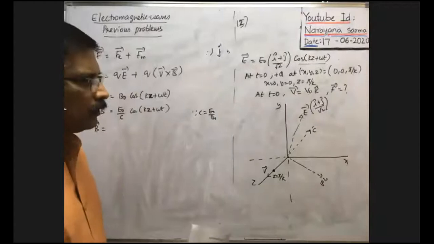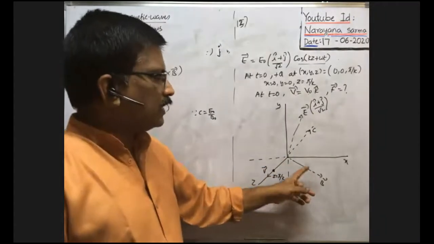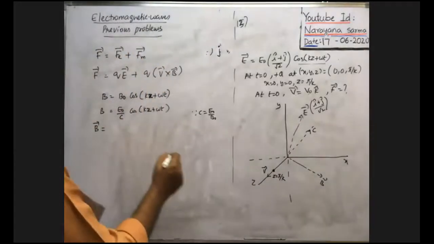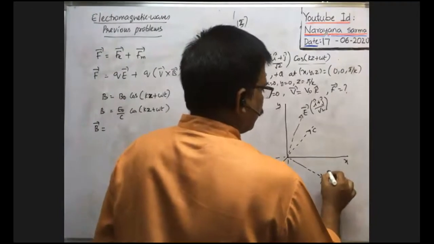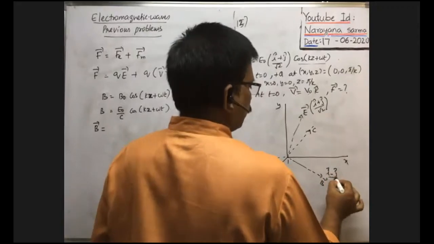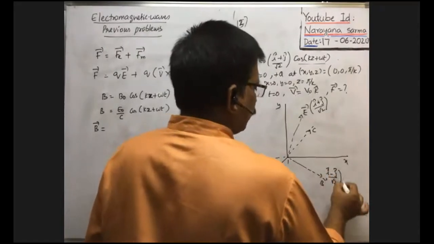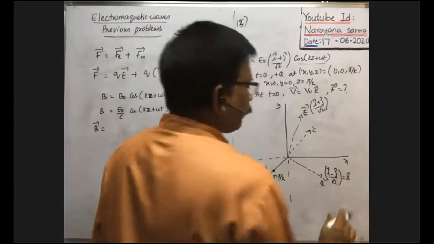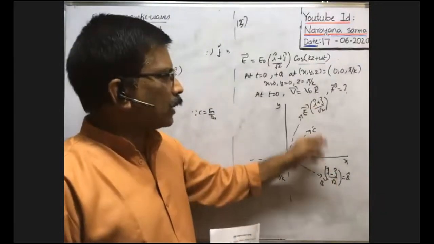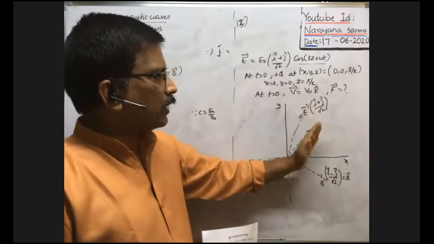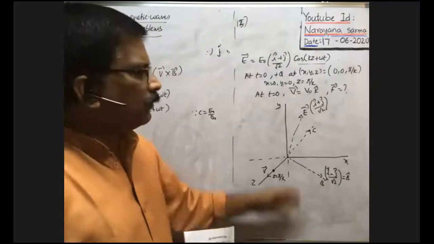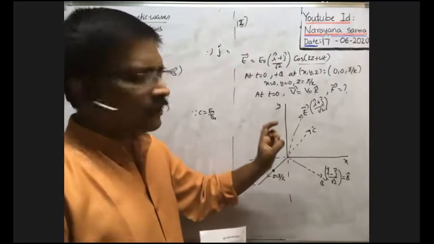We can write, in this direction, j cap is negative and i cap is positive. That's why this direction can be represented as (i cap minus j cap) by root 2. Can we write it like this or not? Tell me. This is the B cap direction. B cap means the unit vector along the magnetic induction, that is (i cap minus j cap) by root 2. When you take the dot product between these two, definitely that must be 0, because the directions of the electric field and the magnetic field are perpendicular to each other. That's why if you take the dot product between B bar and E bar, you must get 0.